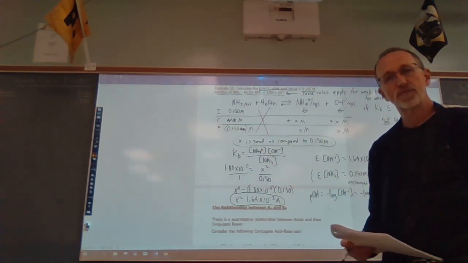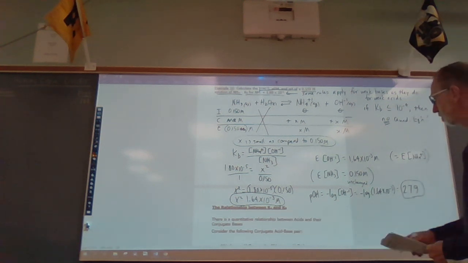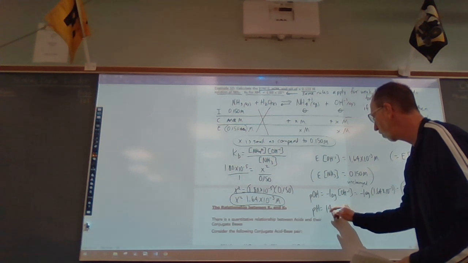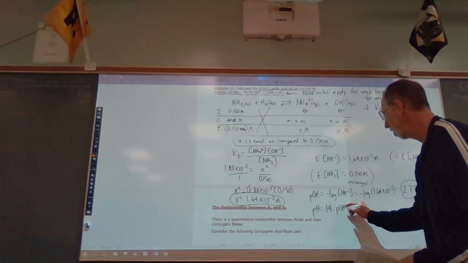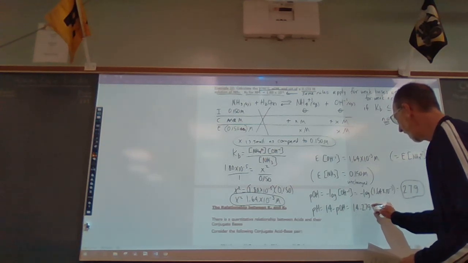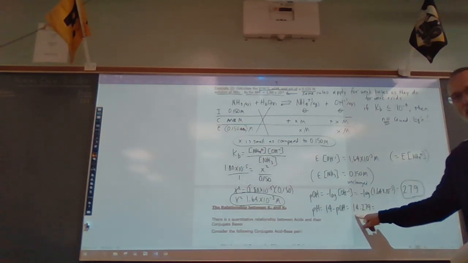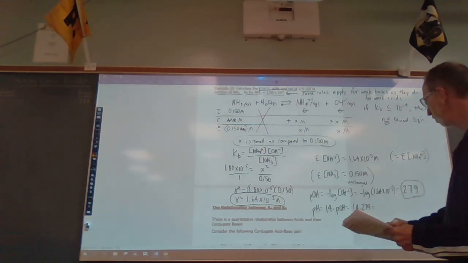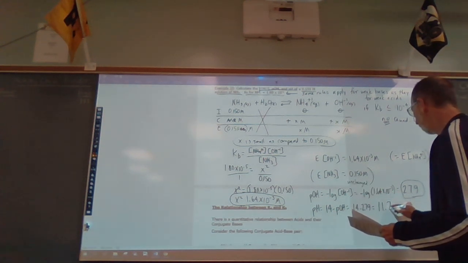And then it asks also for the pH. And so the pH of that solution, of course, is 14 minus the pOH, 14 minus 2.79. And again, this is a constant. So since this is 2 decimals, our pH would be as well, 11.21,